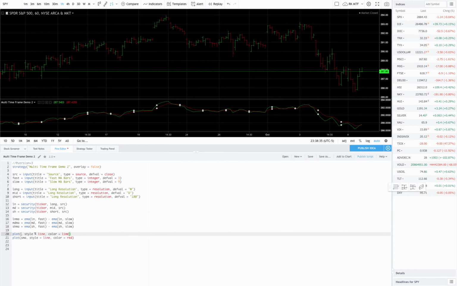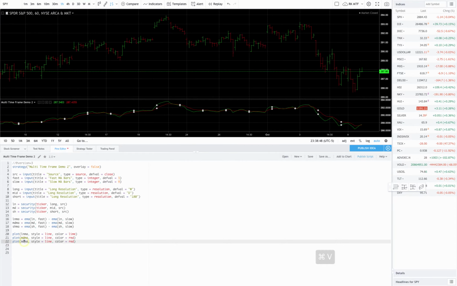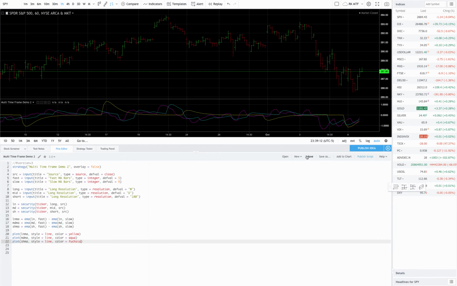Let's plot these three, see what they look like. And just so we can differentiate, the yellow, aqua, fuchsia, and save that, see what that looks like. Okay, so it looks a little